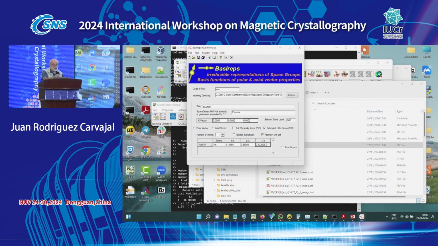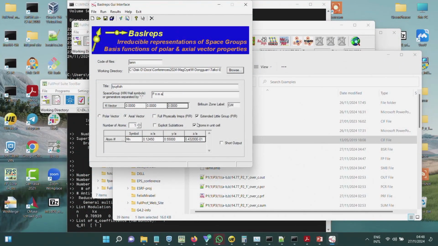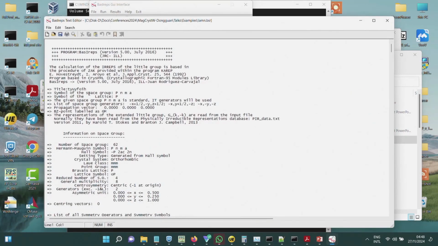It doesn't correspond to what I have here because I put here a general atom. If I do that now, I put here extend a little group, for instance, or peer is the same in that case. If I run that, you see here the representation of the extended little group has been read from the input file, but the program has generated something from the physically irreducible representation database, peer data txt,